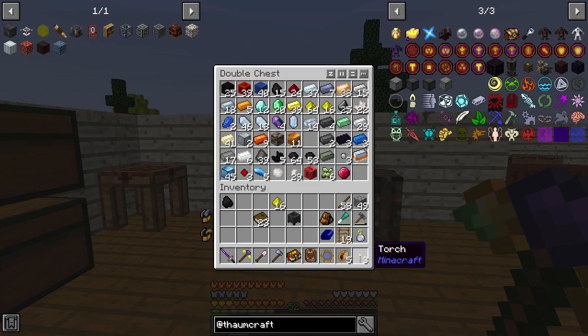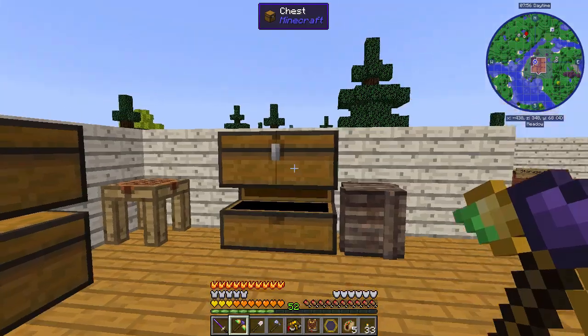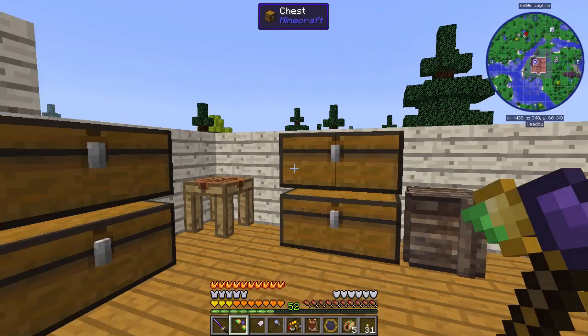Okay, so what we're gonna do, we're gonna make some torches, and 2 torches, 1 coal, and a glowstone will work just fine. And I actually want to make like 2 of these for the time being, so we're gonna do exactly that. Now we also need a bucket